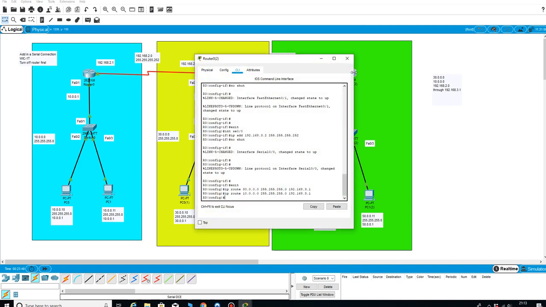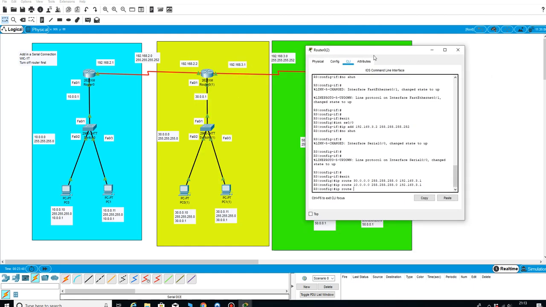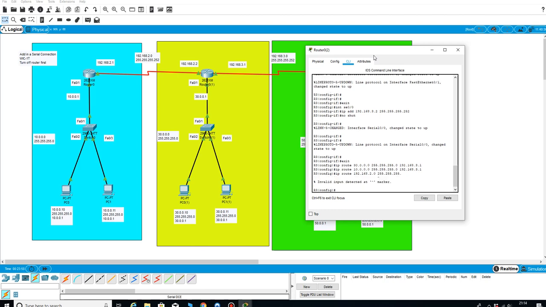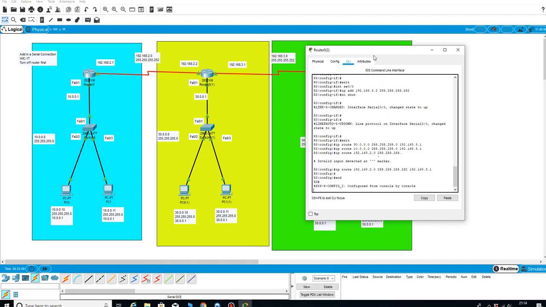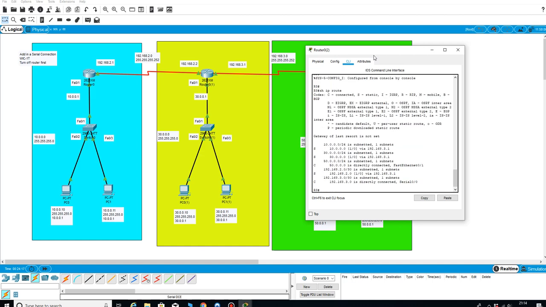So let's bring our router up, IP route, and we will do the 192.168.2.0 network, 255.255.255.252, typo, via 192.168.3.1,